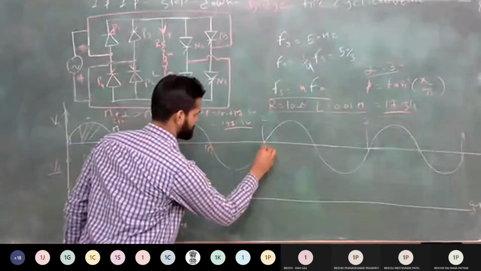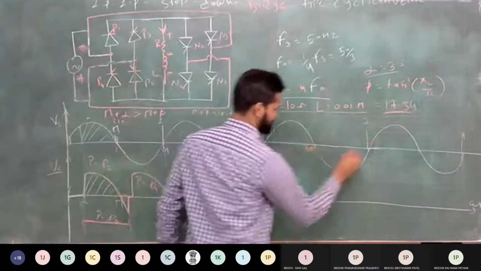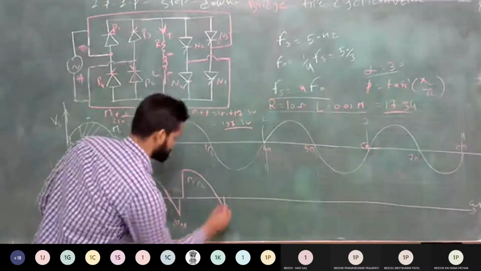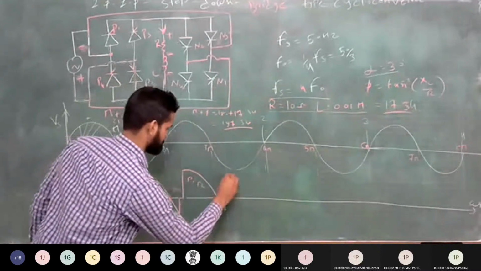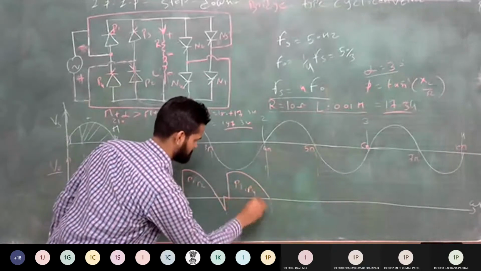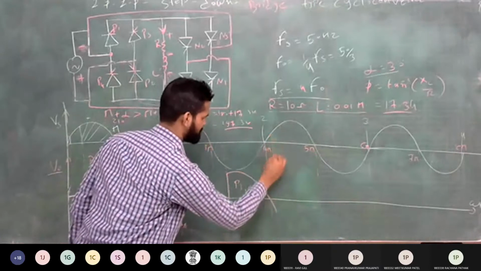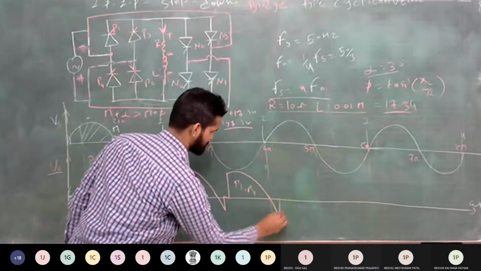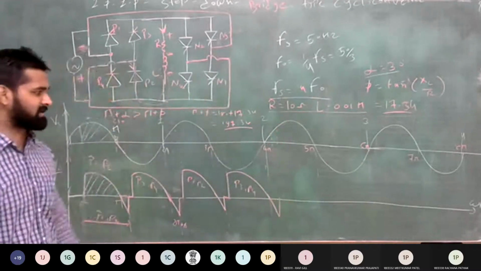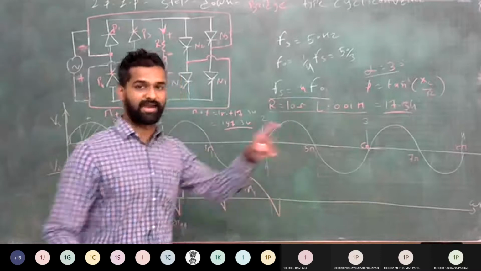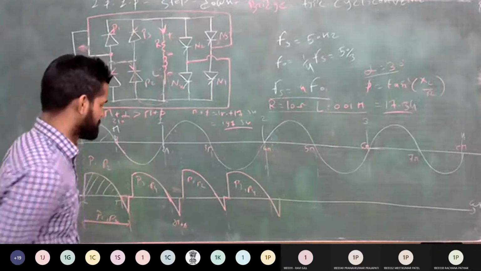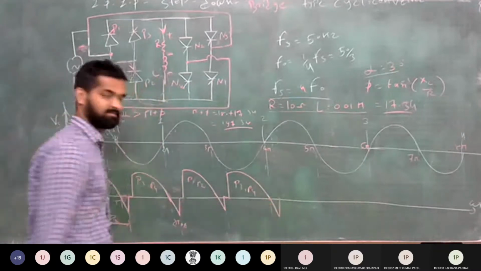This is 3 pi. This is 4 pi, 5 pi, 6 pi, 7 pi, and 8 pi. It means 4 cycles. So this is the waveform you get because of conduction of P3 and P4. But again, because of the inductive load, you get the conduction of P3, P4 up to 4 pi plus phi, and then 4 pi plus alpha. Now, after these 2 cycles, you require the negative voltage. So now which thyristor will turn on? You get the positive voltage in 2 cycles.